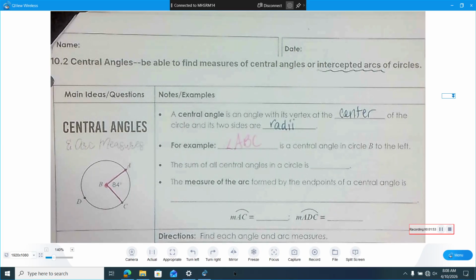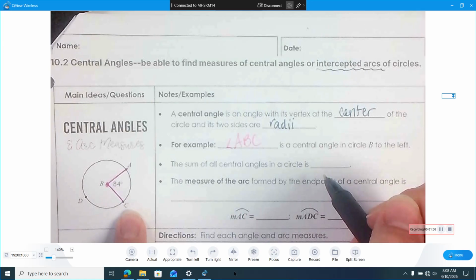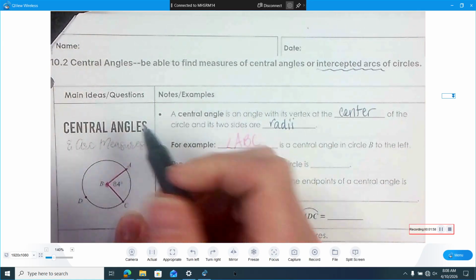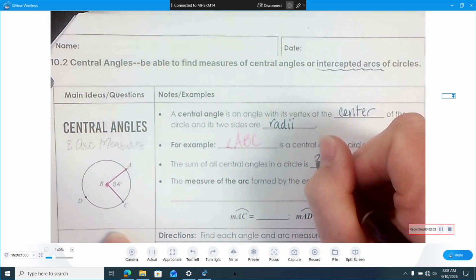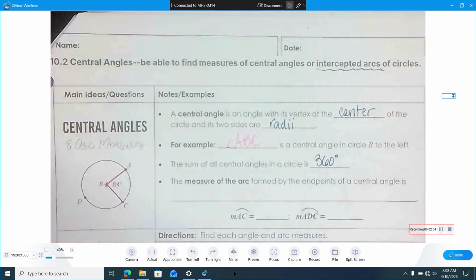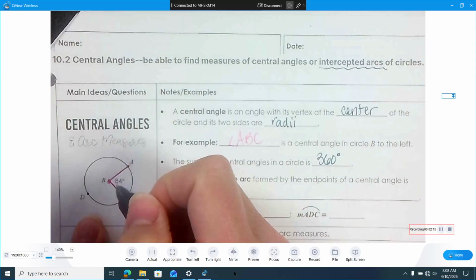The sum of all central angles in a circle. How many degrees to get all the way around a circle? Yeah, 360 degrees. So that's important to realize, that all the way around the circle, a central angle would be 360 degrees. You can kind of figure out, I need you guys on calculators today. So if